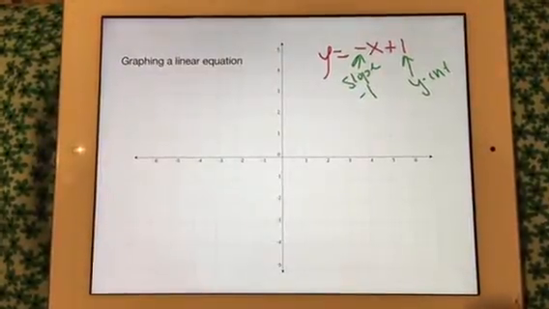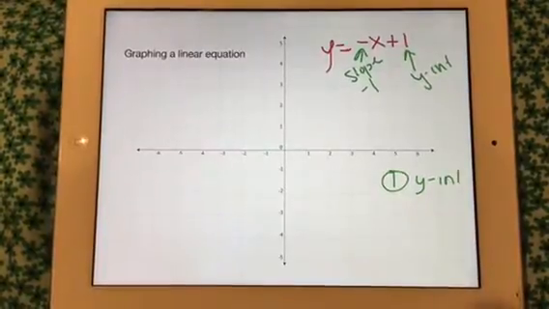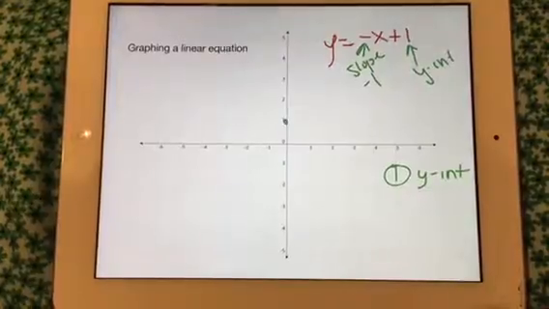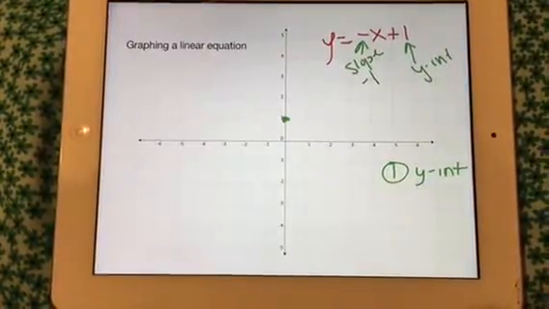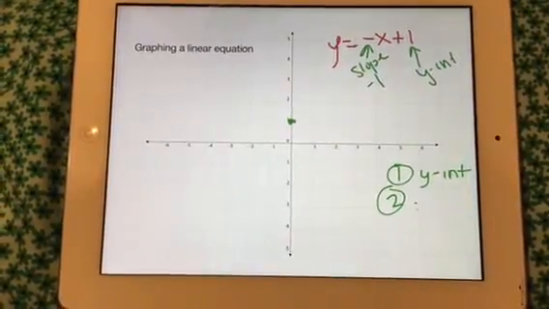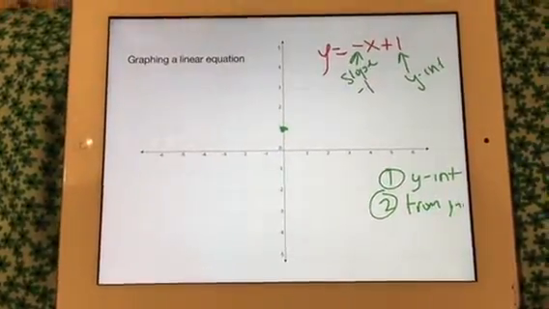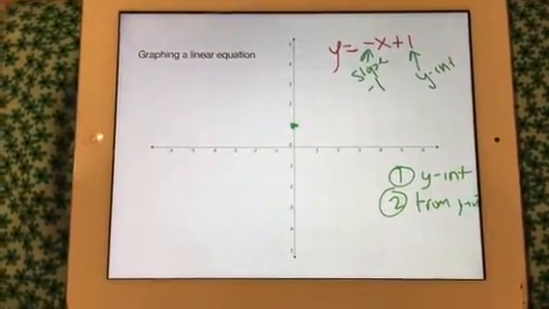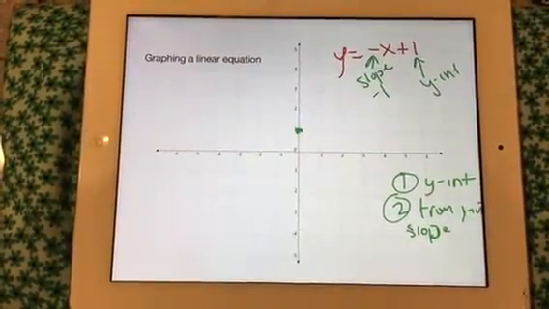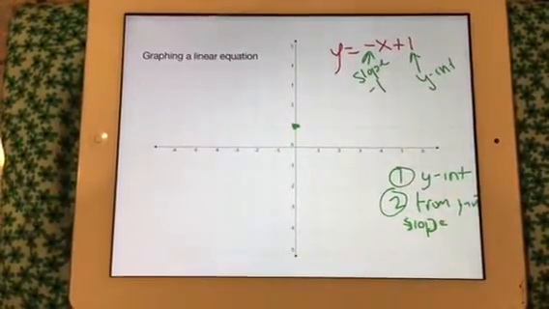Now when we graph this, the first thing you always want to do is the y-intercept. My y-intercept in this case is 1, so I'm going to put a point at 1. Then the next step is, from that point, not 0, but from that point, you are going to do the slope. Oh, wow, this handwriting is terrible. I'm sorry, guys. So from this 1 right here, I'm going to do my slope, which is